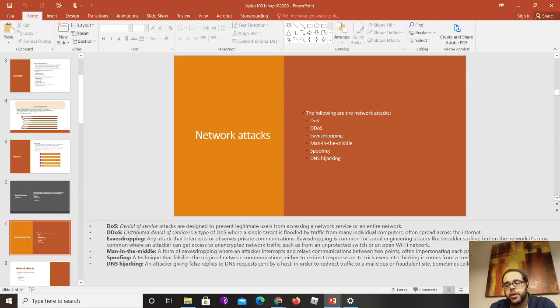A man in the middle is kind of like eavesdropping, but the exception is that the man in the middle will receive the traffic from somebody. So let's say you have two nodes, and this guy talks to this guy, and then somebody comes in the middle. When this guy sends traffic to this guy, it's going to go through him first. He could get the traffic, and then impersonate back to this user, pretending to be this guy.